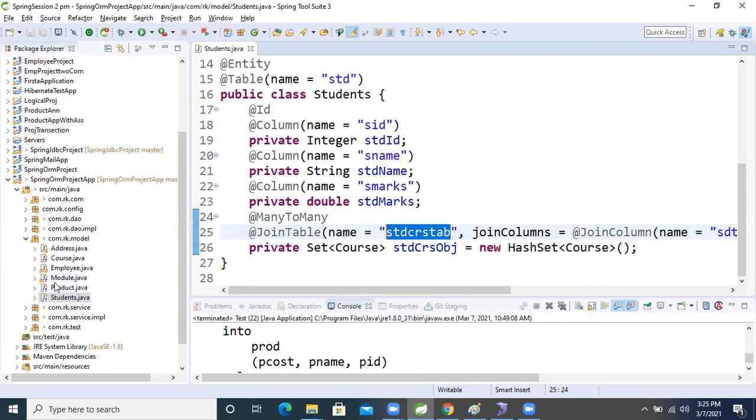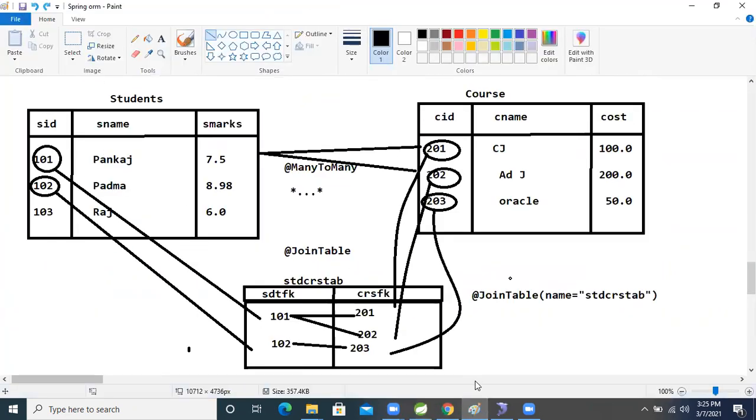Let's run the application and we will see the structure of the tables. The student table will be created with sid, sname and marks. Course will generate cid, cname and cost.